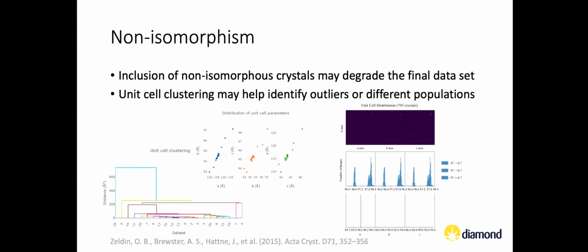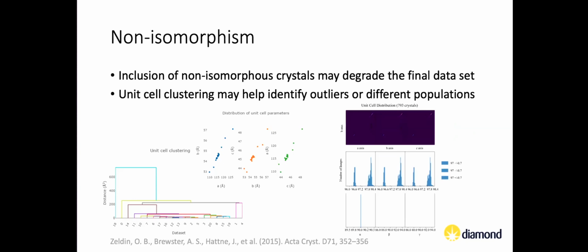As Greta described well, there's a number of different approaches to examine non-isomorphism. Ideally, you don't want to include non-isomorphous crystals in your final data set because it may degrade the final quality. One of the earliest examples of this would be unit cell clustering,